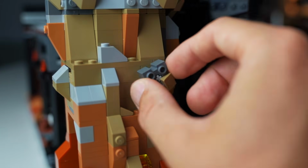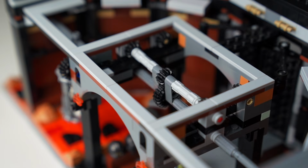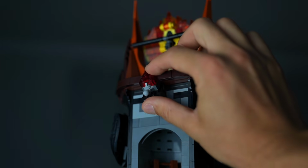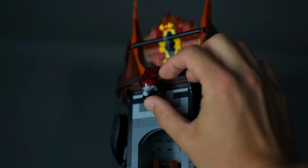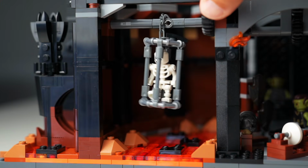On the function side, this set is really good. There are a lot of hidden features, which I really like. The door moves, the throne opens up, the light up functions for the eye. There is really just a lot of function on this set, and those are the pieces that are gonna break